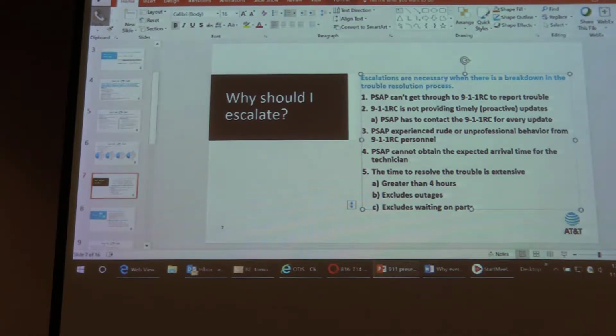Our goal is to isolate and repair in less than 4 hours. There have been times when that's not happened, whether it be a fiber cut, whether it be an ILEC, literally, a Pioneer, whoever. There are situations where it's hard to control what is happening for restoral of service. What I would like to say to you is that if that incident is going on, we will be letting you know what's going on.